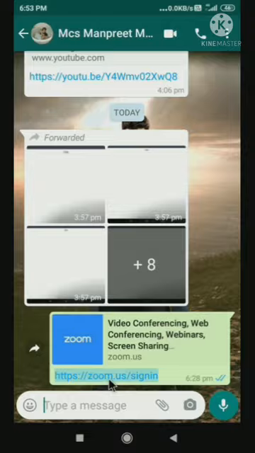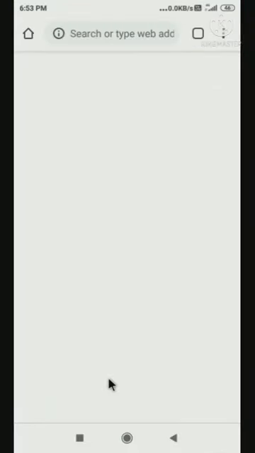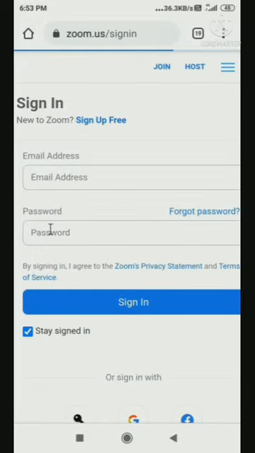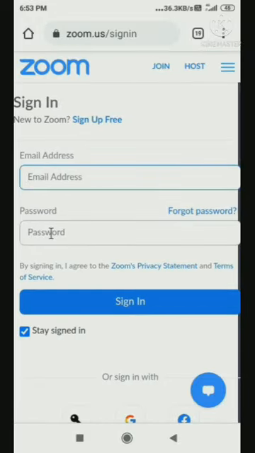So click here. It will ask for the email address and password that you use to log in to your Zoom app. The password could be different from the one you use for Gmail. If you have set a different password here, use that password only, because your email password that you use for Gmail will not work here. Whatever password you set for your Zoom app the first time will work here.